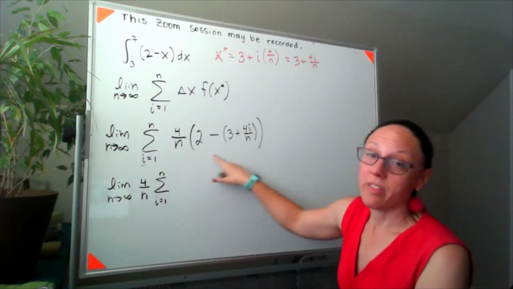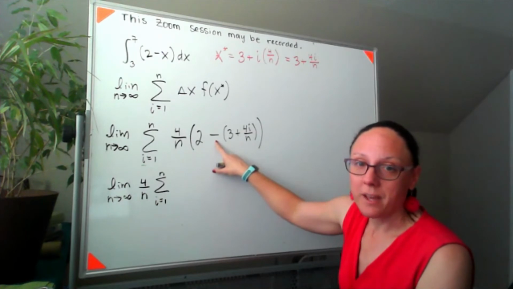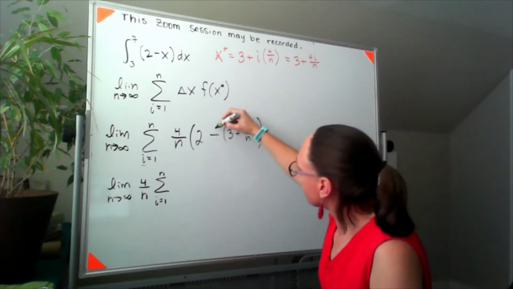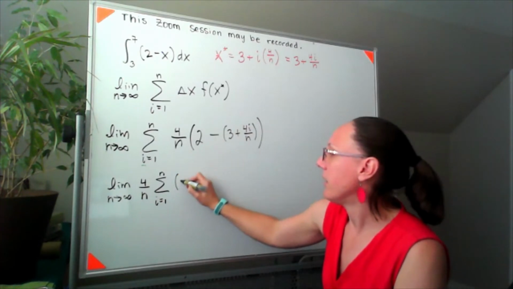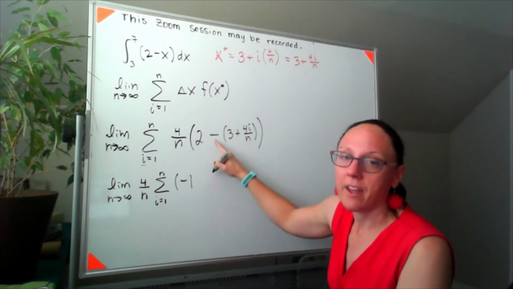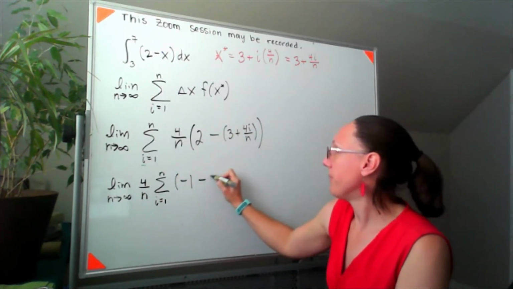And I'm going to be left with this. If I distribute that minus sign in, then I'll end up with 2 minus 3, negative 1, and then minus